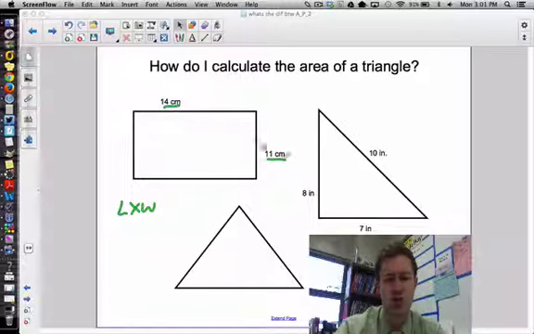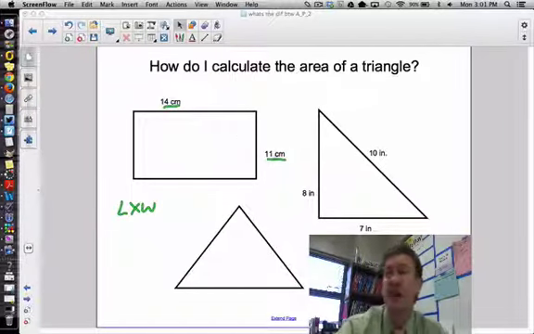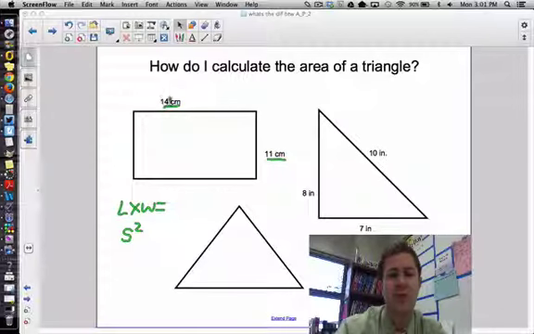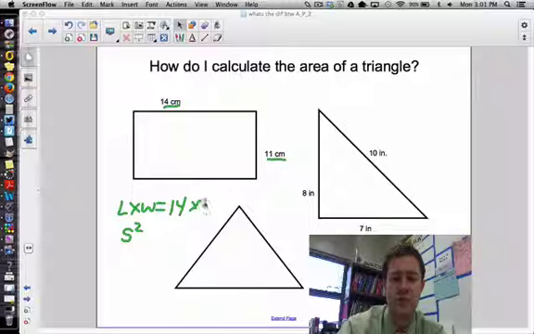Now, these are two different sides. If they were the same side, it would be a square, which would be the same number, 14 times 14, or 14 squared. That's how we get the square formula, which is side squared. But that's yesterday. Today, we're going to be doing this formula, and we have 14 as one length times 11,